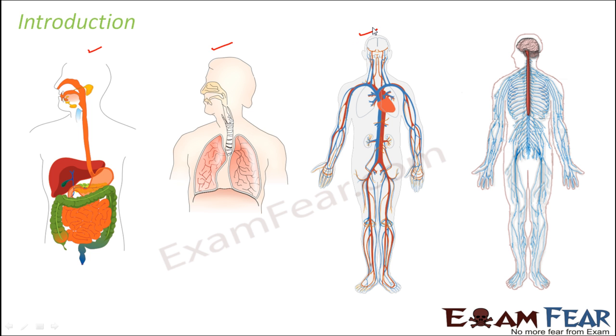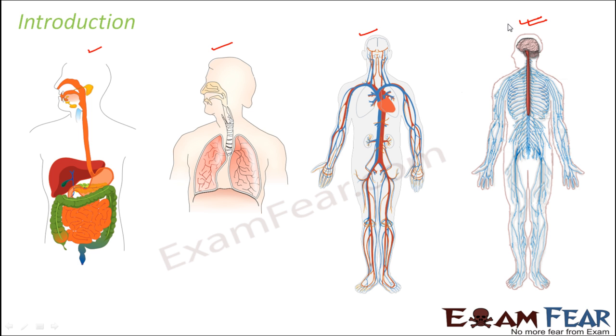Whether you talk about digestion or respiration or circulation, they are all closely related. Now we want one process inside our body to coordinate the activities of all these different processes. How does the respiratory system know that now it is time for respiration to take place? So who provides that sync between the process of digestion and the need of oxygen, and the process of respiration? That coordination is provided by another system, which is the nervous system.